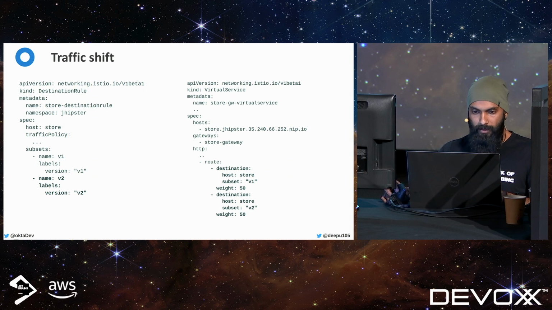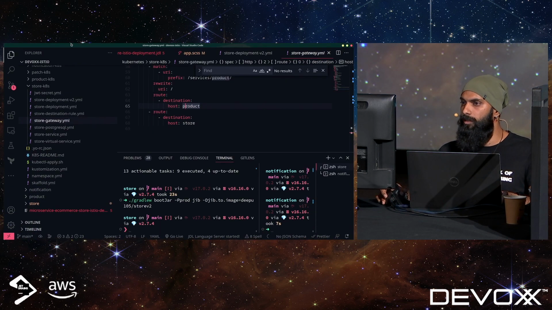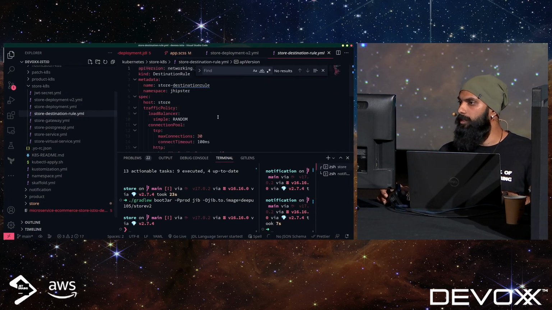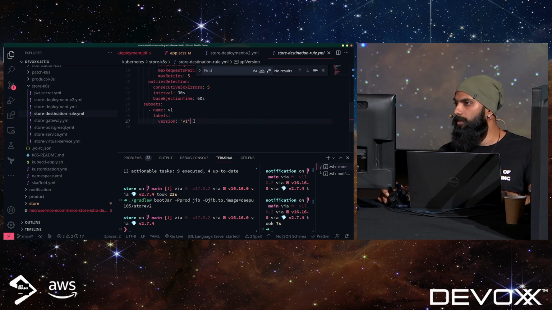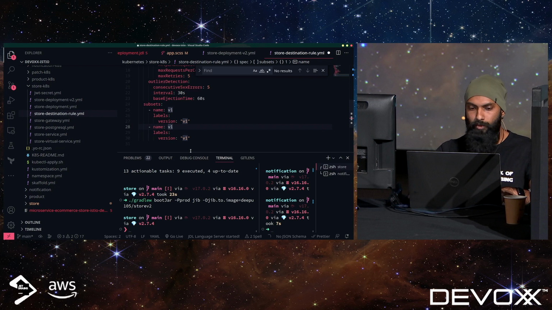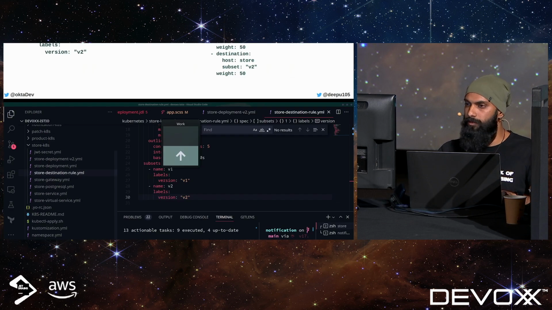I first need to create subsets on the destination rule. So on the destination rule, I'm going to create v2, and which version is v2,